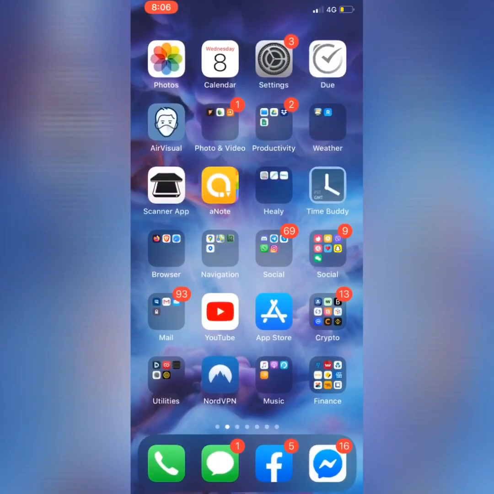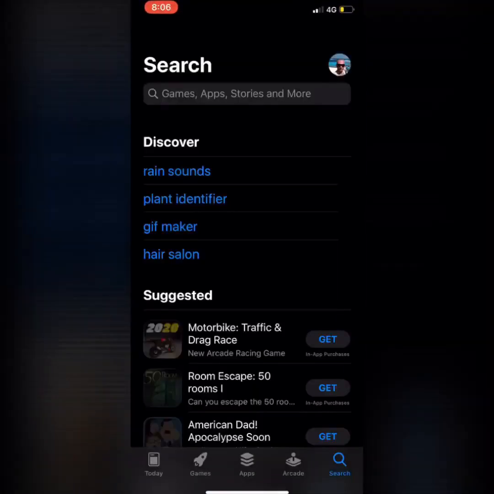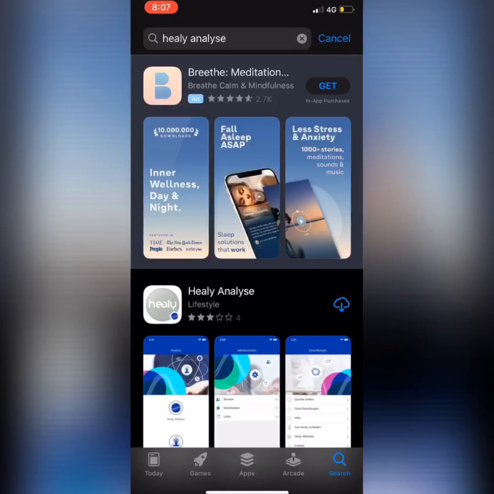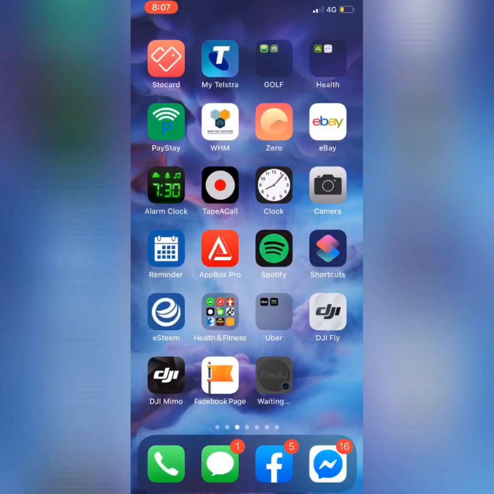Once that's done, you're going to go to the App Store and download the HealAdvisor Analyse app, and then you're going to click the download icon, and depending on your internet connection, it'll take a couple of minutes. Downloading the file, like I said, depending on what version you have, the Dropbox app especially might look a little bit different. You might have something saying export, and what you want to do is export it and save it to Files on your phone. The aim is to have that file saved locally onto your phone,